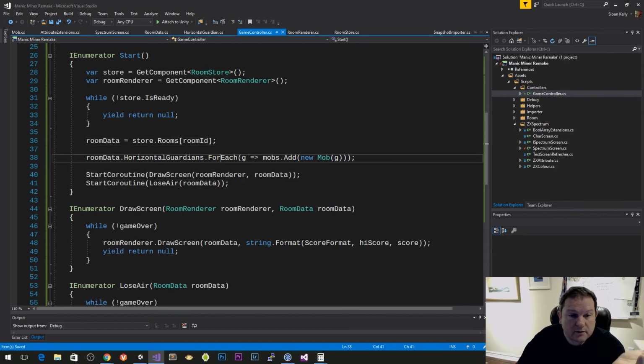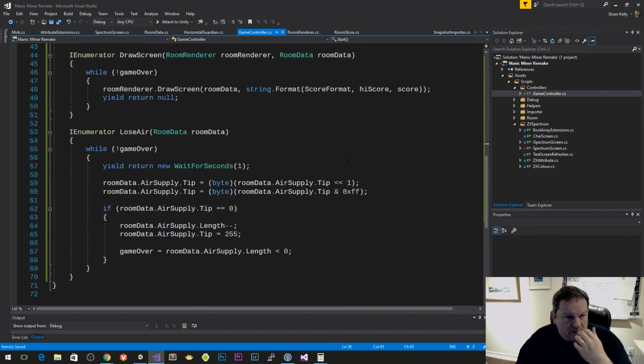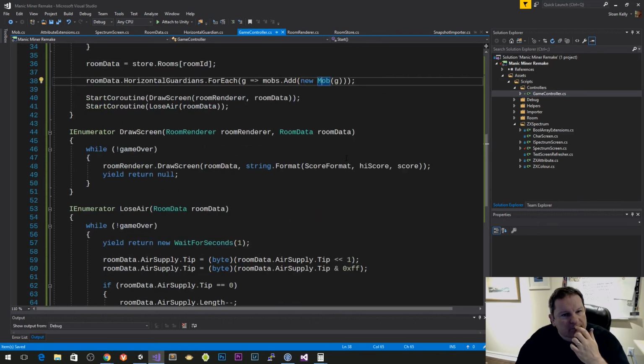So this is just shorthand. Rather than using a for each loop, I can just do this in one handy dandy line that says for each guardian in horizontal guardians, what I want you to do is I want you to do this action here. So you see that you can actually take an action, and we'll come back to that in just a sec, because I also want to use actions for drawing things as well, or for updating things. So for each of the mobs, I want to,